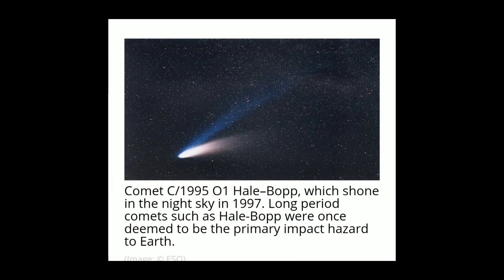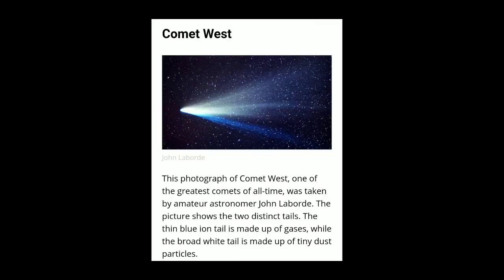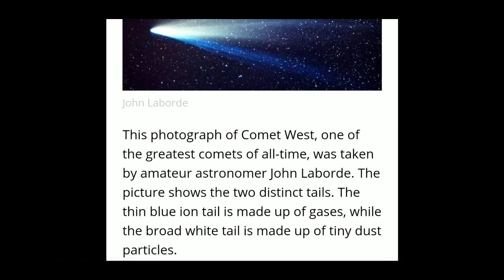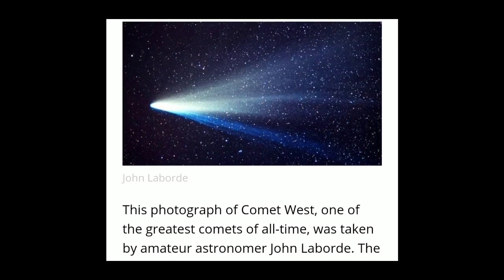So I don't know what the white thing is, I don't know what the blue thing is, but you can guarantee that they're gonna tell you some BS. I think they say, oh, the blue stuff is gas and the white stuff is dust. Okay, just because somebody feeds you some, prove it. Prove the blue stuff is gas and the white stuff is dust. How are you gonna do that? I don't think so. The blue ion tail is made up of gases, while the broad white tail is made up of tiny dust particles. And who knows, maybe there's a grain of truth in these things, but